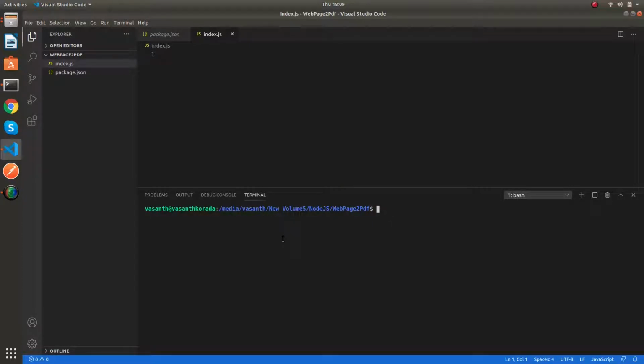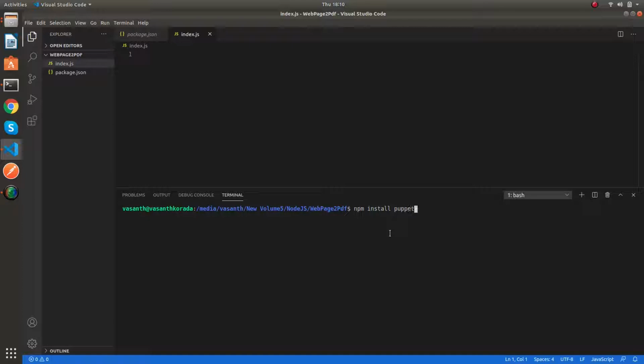As I said, we are going to use Puppeteer to do this task. Basically, Puppeteer is a node library which allows us to access the headless Chrome. Headless Chrome is a browser without the UI. You can understand it that way. It provides us with some methods so that we can use it through the DevTools protocol. Now I'm going to install that dependency with npm, and the dependency is Puppeteer.